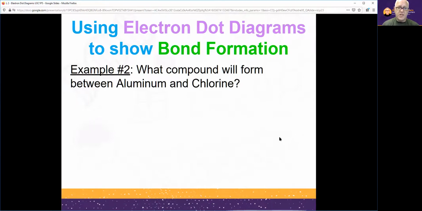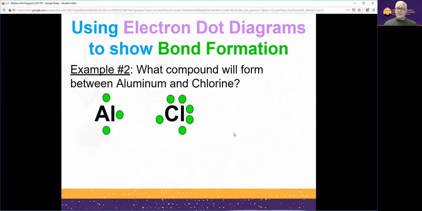Now, let's take a look at example 2. What compound will form between aluminum and chlorine? Well, we find aluminum, Al. Aluminum has 3 valence electrons. And we saw previously that chlorine has 7 valence electrons. 1, 2, 3, 4, 5, 6, 7. Now, just looking at this illustration,